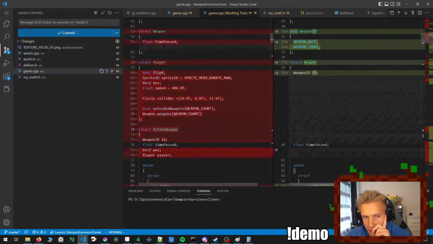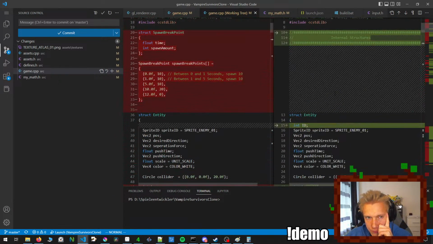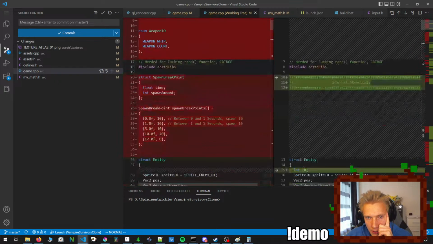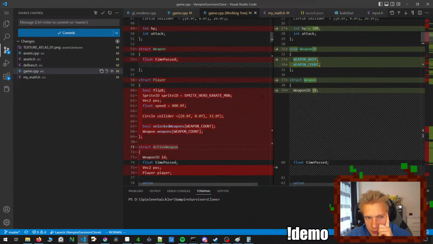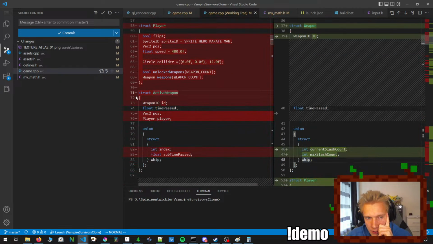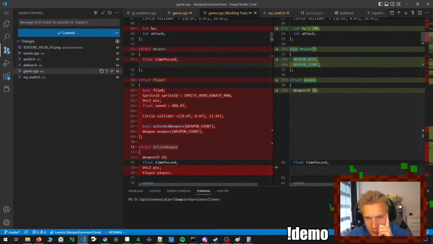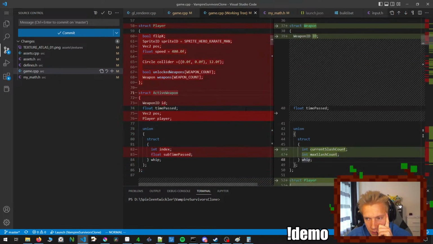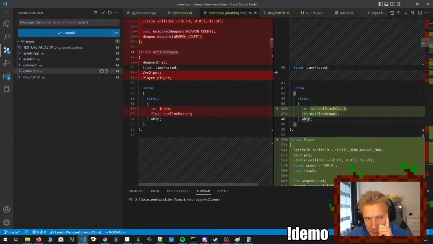All right, so what do we want to undo? I think we want to make it so that the active weapon is still there. I think you will want to have the active weapon back.